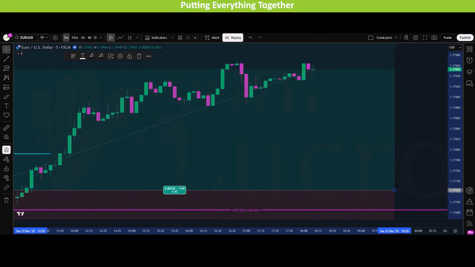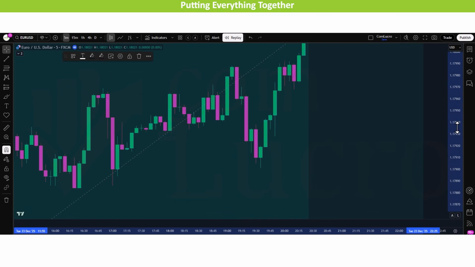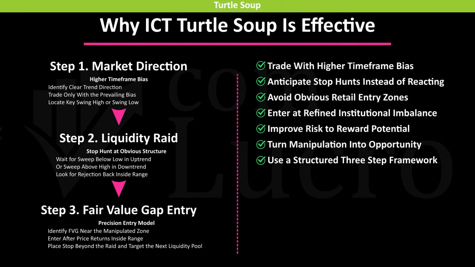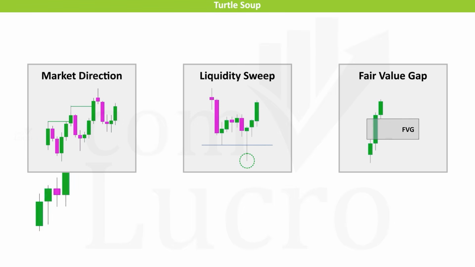The same logic applies to the bearish scenario, with everything inverted. Now, the framework we just covered can be refined even further by incorporating fair value gaps into the execution process. Instead of relying only on the liquidity sweep and structural shift, we can use fair value gaps to identify more precise entry locations aligned with the underlying liquidity narrative. By combining market direction, liquidity manipulation, and imbalance-based execution, the setup evolves from a simple liquidity sweep into a more